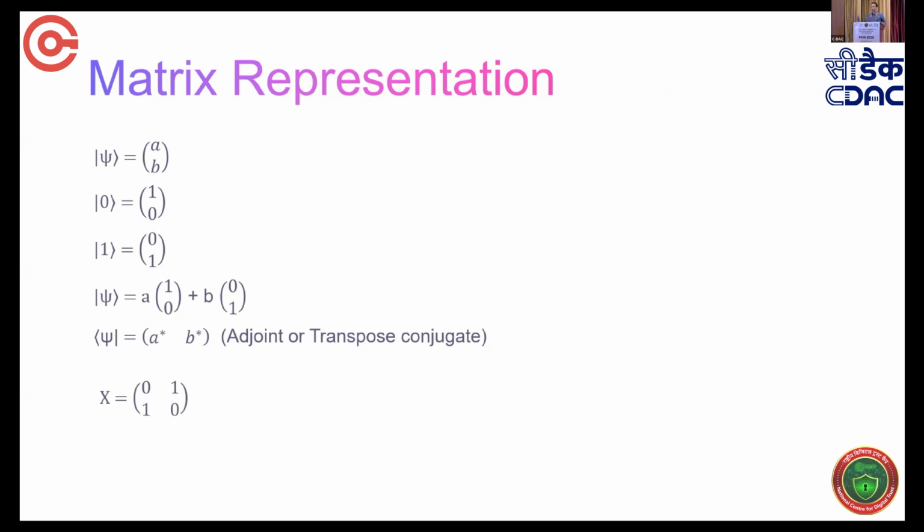Now we'll talk about operators. The operators can also be represented using matrices. For example, the X operator, which was changing the bit, like 0 becoming 1 and 1 becoming 0, is represented using this matrix 0, 1, 1, 0. Now suppose I want to apply this X on ket 0. I do simple matrix multiplication and get 0, 1, which is ket 1. This proves that X is working the way I wanted: flipping 0 to 1. Here also you can see that I started with 0, applied X and got 1.